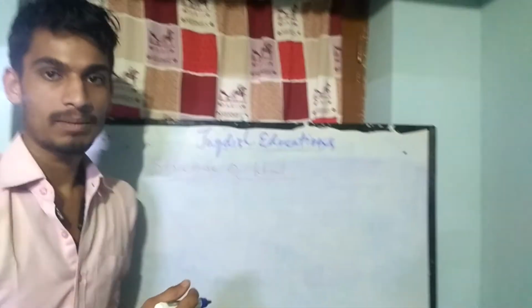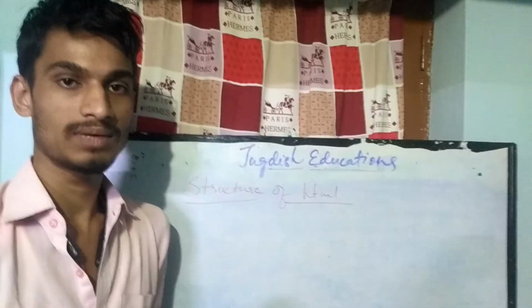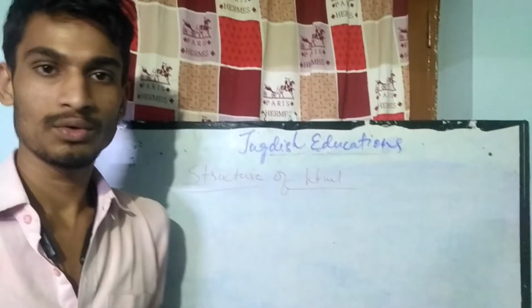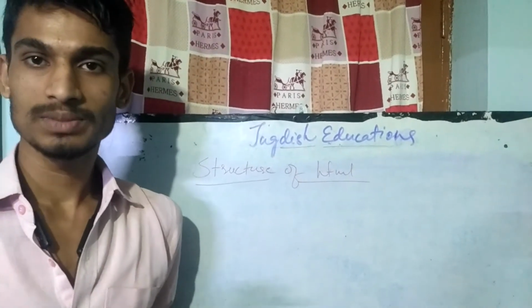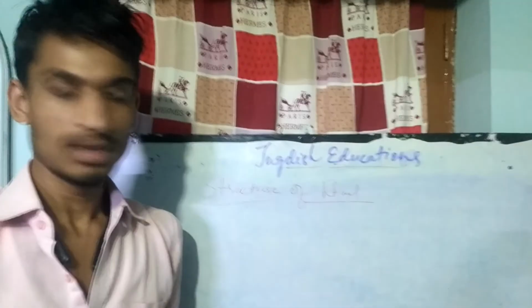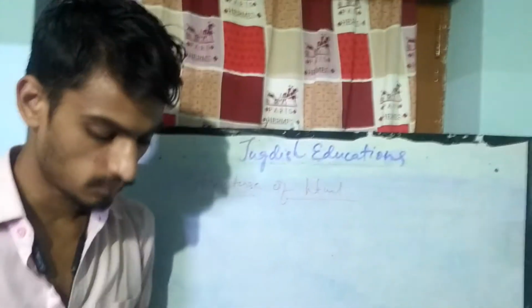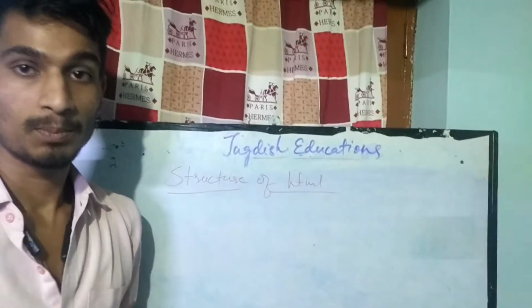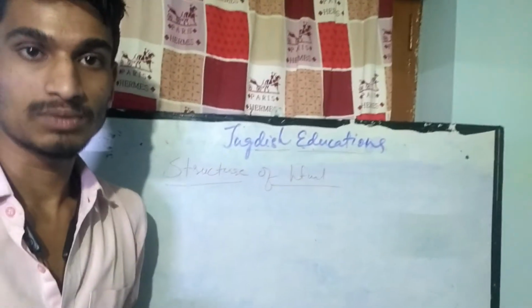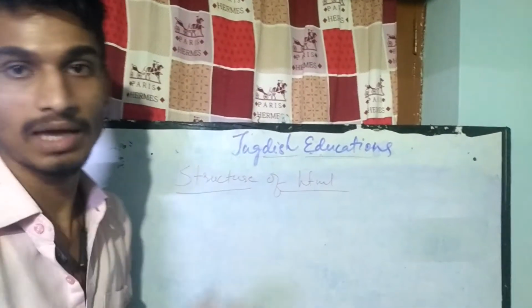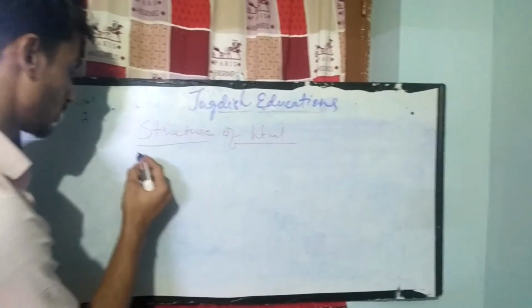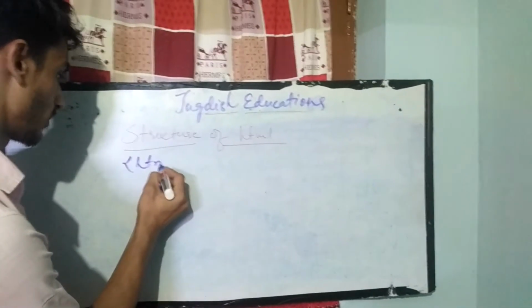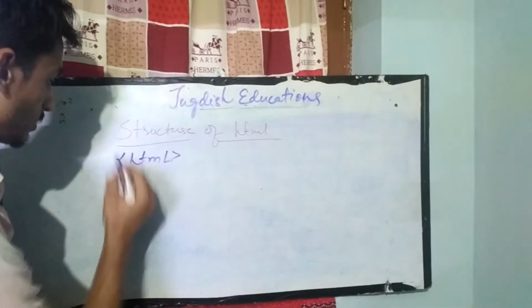Before going through any programmatic process, we have to go through the syntax, otherwise it will show an error. Whenever you write a C program, you have to follow the for loop syntax, while loop syntax, if and else. So for everything there is a structure, and we have to follow the rules and regulations. Even we human beings have to follow a routine. So what is the structure of HTML? Let's begin: the HTML tag, then the head section.